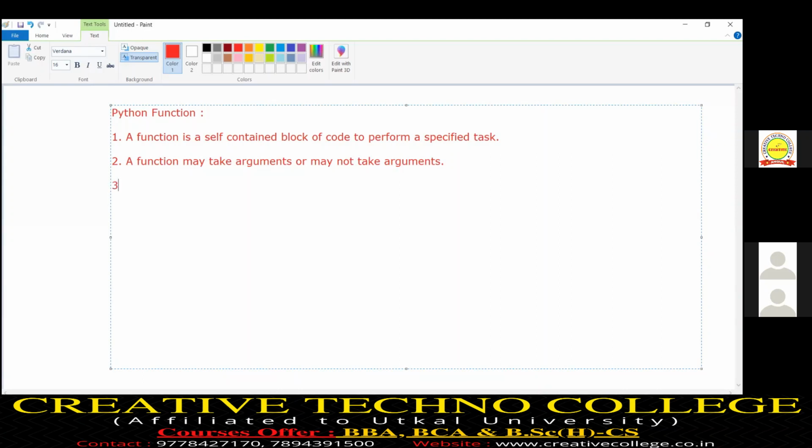In this context, there is a function call and there is a function definition.